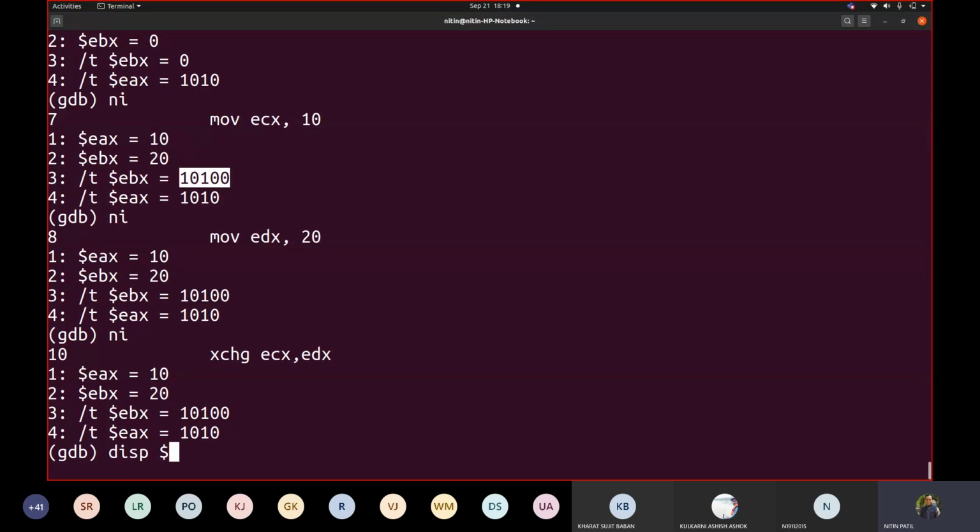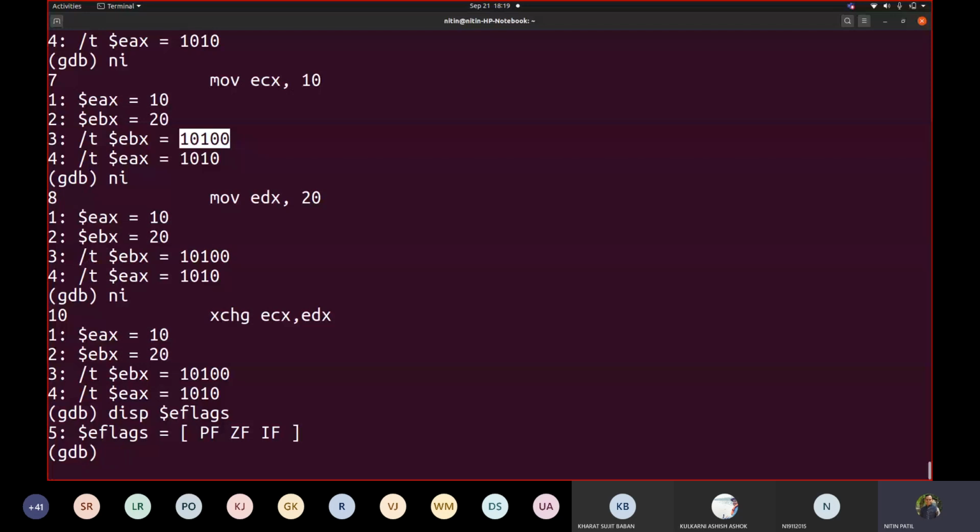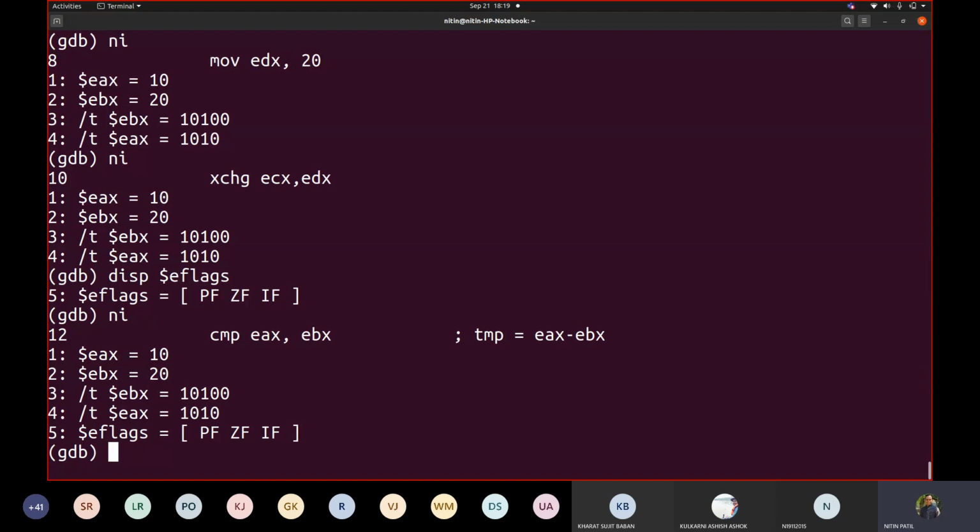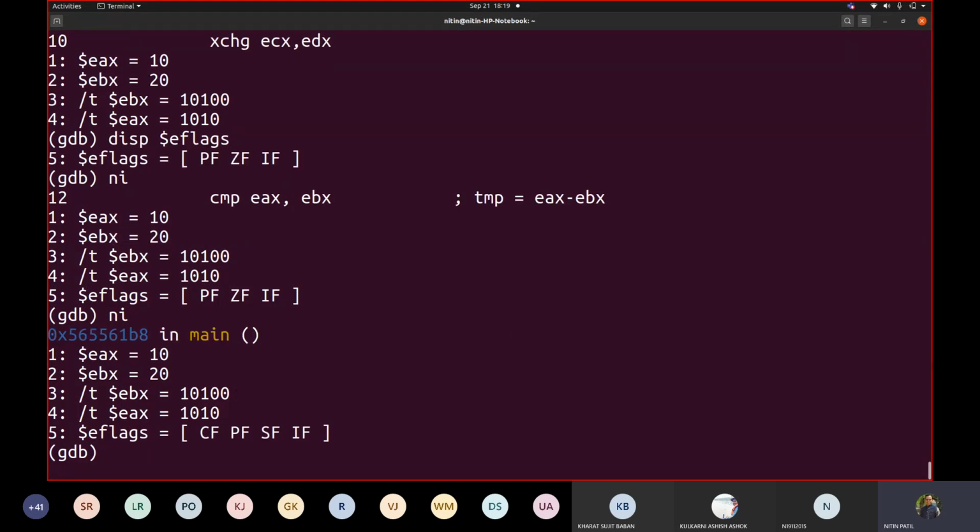We'll display EFLAGS now. Same thing, parity, zero flag, and interrupt flag. Now try to see after this CMP which flag gets set. So if I subtract this EAX from this, now reversed, 10 in binary form, 1 0 1 0 minus 1 0 1 0 0, so the subtraction would be with borrow, correct? Fine. So now try to see which flag got set there, because the EAX value was smaller than this EBX value, correct? That's why the sign flag also got set, as well as there was a borrow. That's why the carry flag also got set.